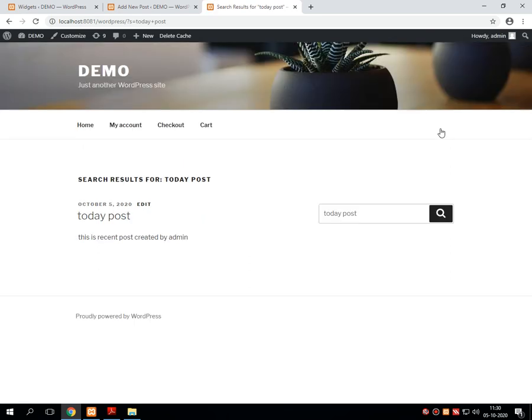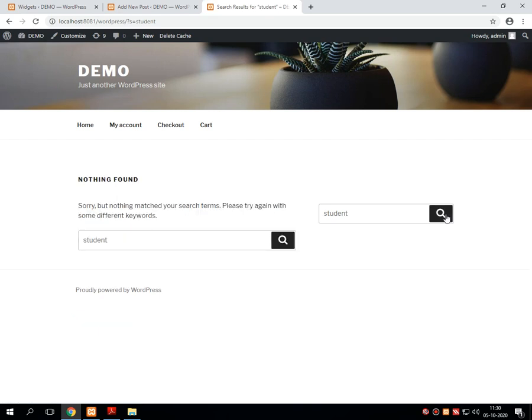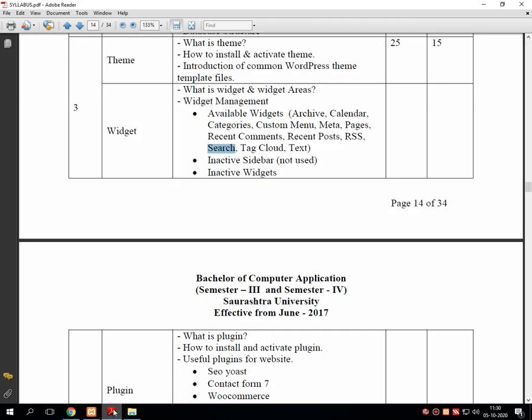If that post is present, it will display onto the screen, and if that data is not present in the database of WordPress, then it will simply return: sorry, but nothing matches your search term, please try again with some different keywords. So in this way search will directly run. We need not code anything in these widgets.